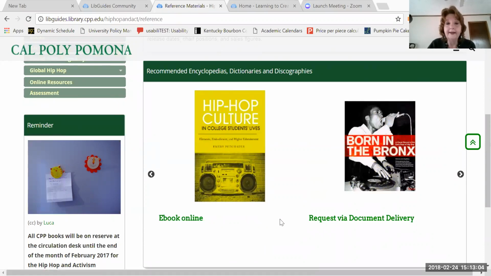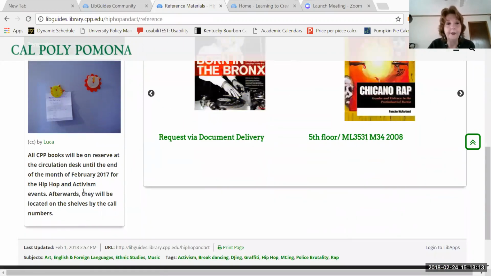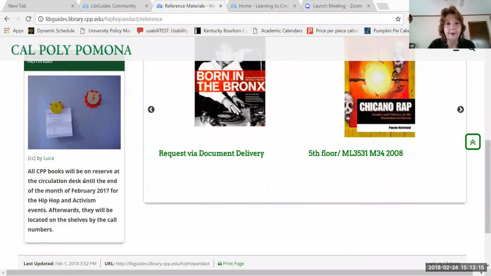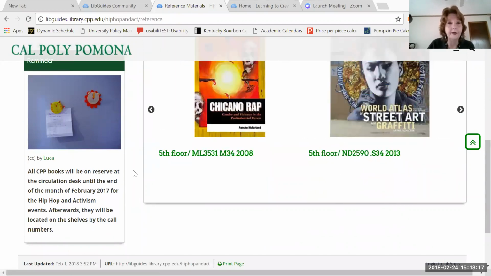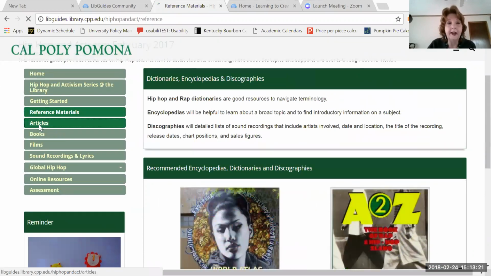They're ebooks. Here's one that I could request through their document delivery system, or I could request their interlibrary loan. A nice little reminder about books over here that relate to the series. It looks like they had some on reserve, which is a very nice feature. And if I click on articles,